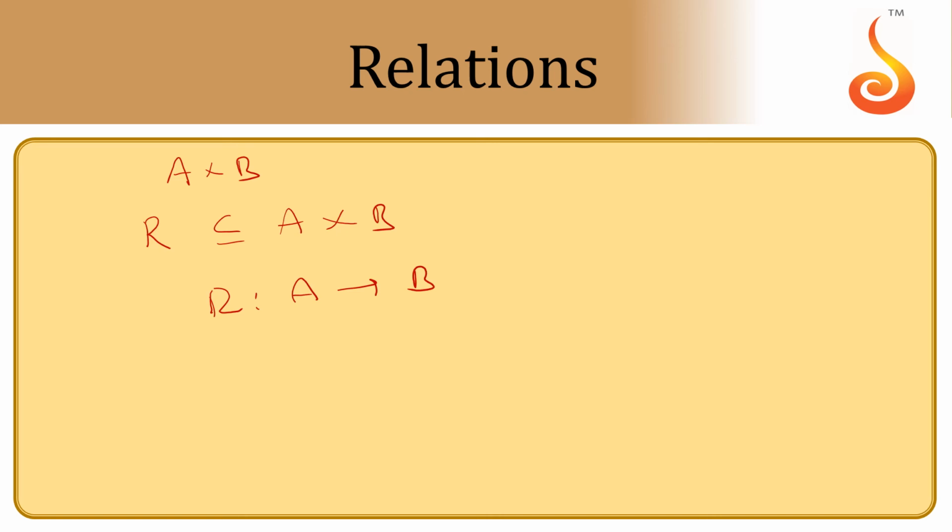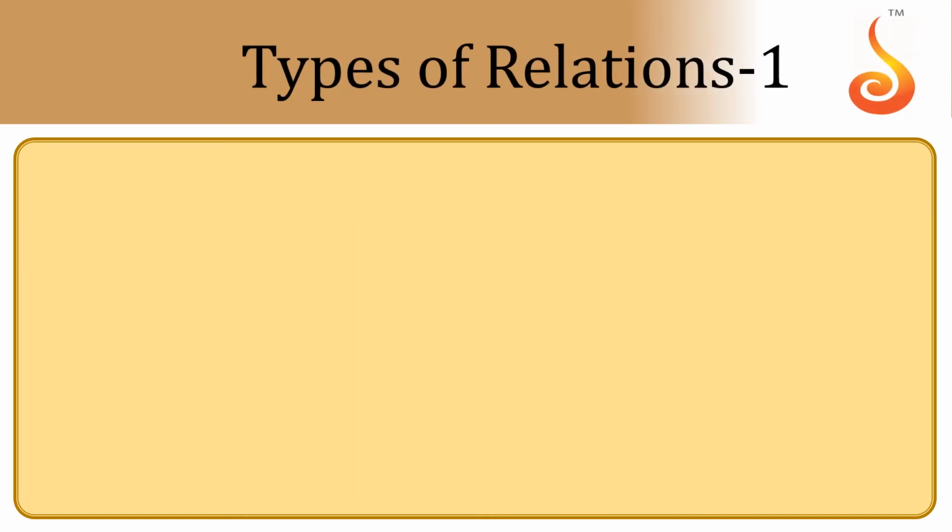Suppose there is a relation from a set to itself, it is called a binary relation. A to A is called a binary relation. We have several types of relations: one to one, one to many, many to one, many to many, like that. But there are some special types of relations on binary relations from a set to itself. They are